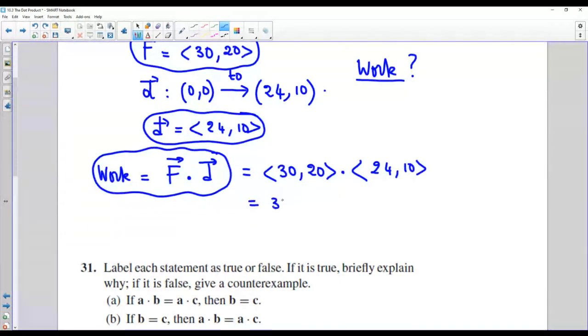So it's 30 times 24 plus 20 multiplied by 10. So are you saying 920? Anyone else can confirm this? Yeah, correct. Okay, 920